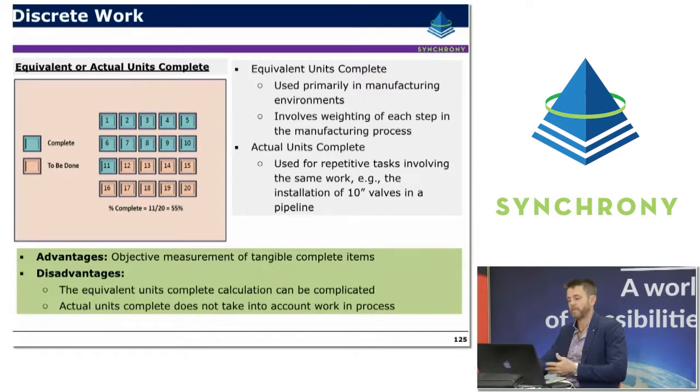So this could be linear meters installed, cubic meters poured, square meters cleared. Whatever the particular quantity is that you're installing or measuring on a project, it can have a value, and measurement can be done by objectively measuring the actual units completed on site. So in this example, a very simplistic version of a work package that has 20 units. It's observed at the end of a period that 11 of them have been completed, so the percentage complete would be 11 over 20 equals 55% complete.